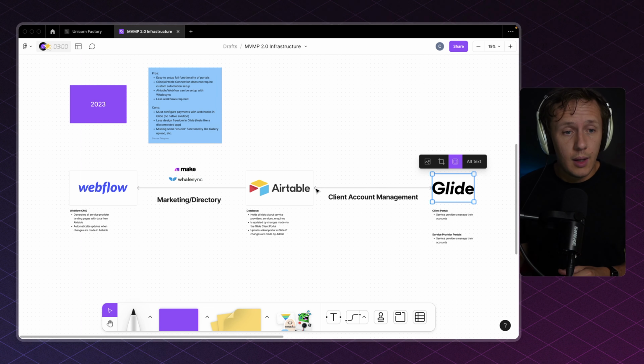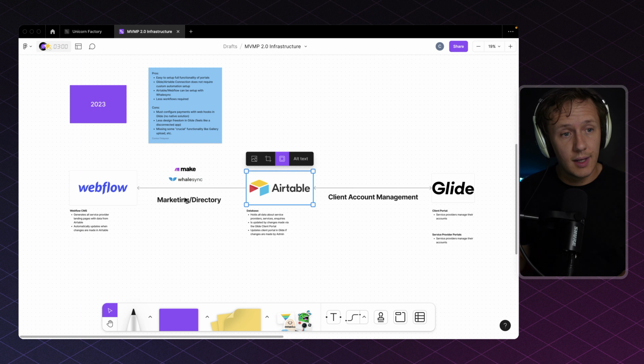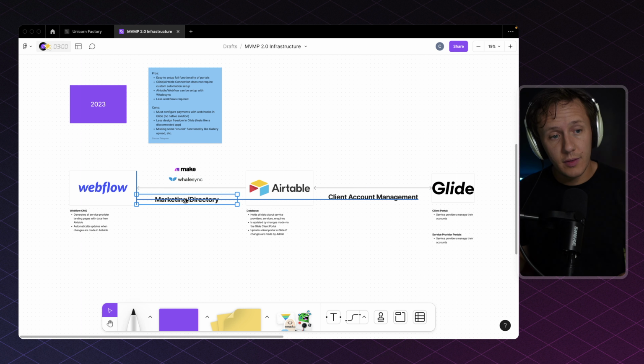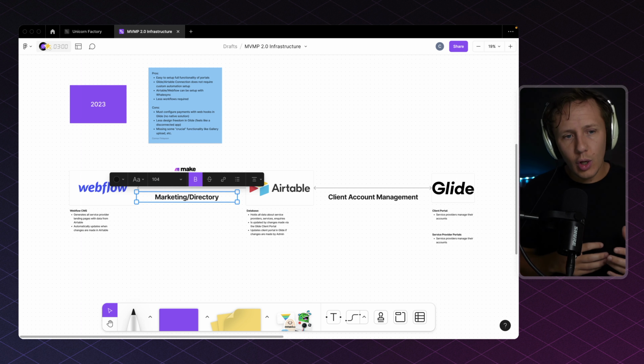But overall, this is just a replacement setup, or like a newer setup that has really become possible over this last year. So hopefully this adds a bit of context, explains how Glide fits into the overall stack, whether or not you still have to use